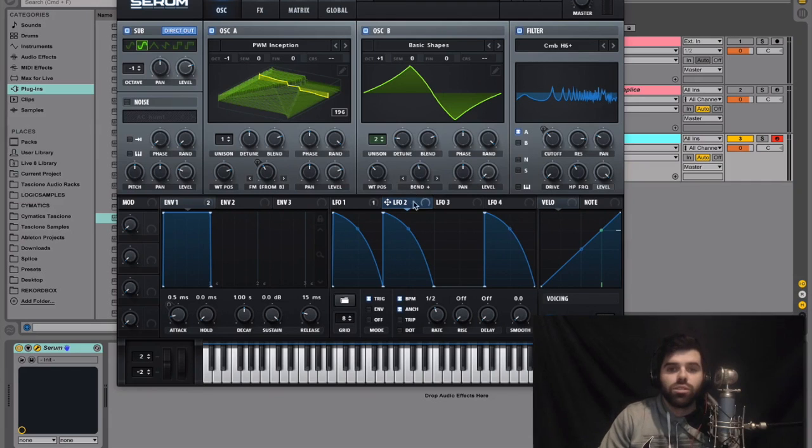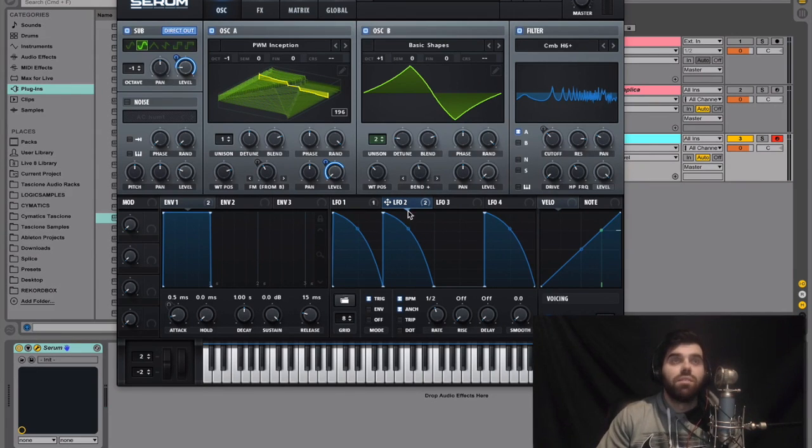And now we're going to start assigning this LFO to some different knobs. So we're going to take this and start with the level, because that is what's going to give the sound the movement and the rhythm. So we're going to assign that to oscillator A, and we're also going to assign that to the sub oscillator. And we're going to drag the ranges up right around there. So now we should be hearing. So that's exactly the rhythm that we want.